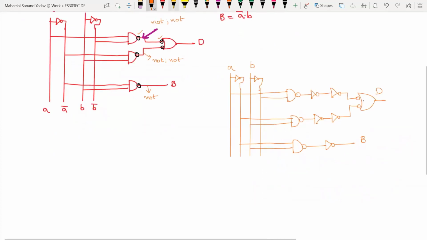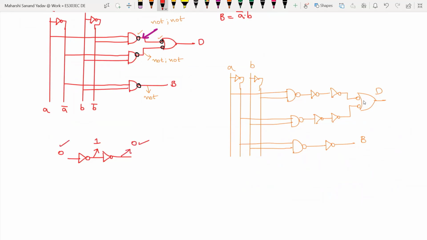Next, if you observe here, two NOT gates are connected in series. If I give input to first NOT gate as 0, output will be 1, and this one is acting as input to the next NOT gate, so that output will be 0. Again, if you are giving input as 0, you are getting output as 0 only. So simply you can delete these two NOT gates. If two NOT gates are connected in series, try to delete them. So I am removing these two NOT gates and drawing the remaining circuit as it is.